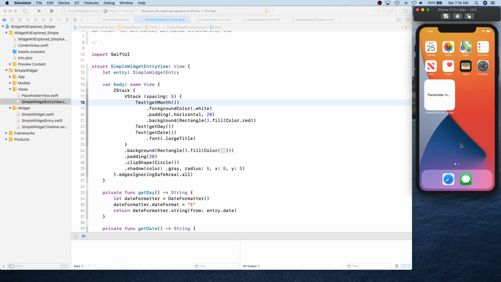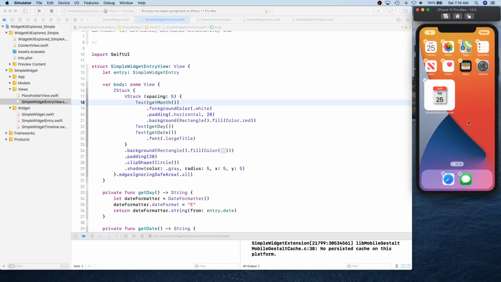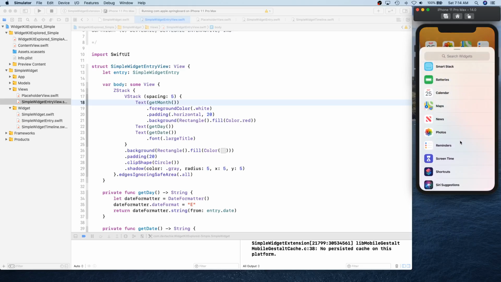Okay, and we have our widget loading, still waiting. As you can guess, it's running a little bit slow, but there we go. And now if I hold and add widget, there we go, it's now showing up.